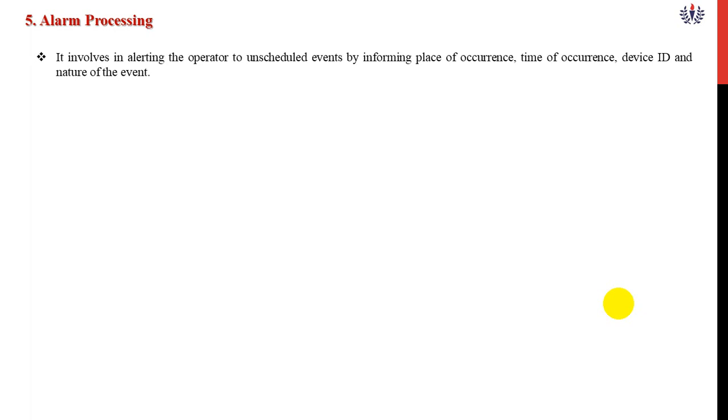For each and every problem, we have to set a different type of alarm. For example, if you take a motor, the motor will be running at synchronous speed 1500. Suppose the motor is running above 1500 rpm, immediately it will give the alarm. The alarm sound should be different. For vibration there will be a different alarm, for heat a different type of alarm, different information we have to give. That is nothing but alarm processing management.